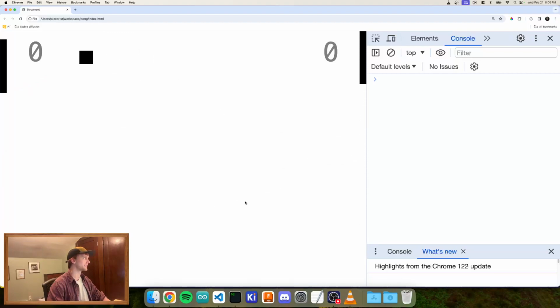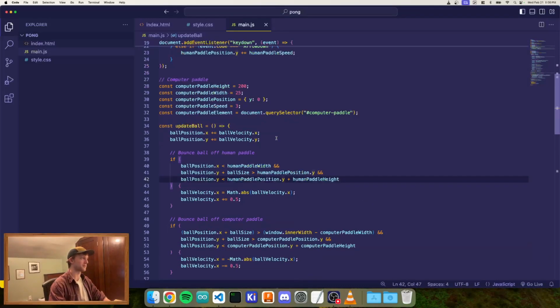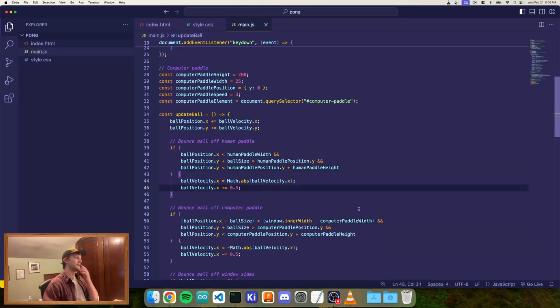We'll see. Can we beat this computer? We might need that y velocity to bump up, because otherwise it's not any more difficult for the computer to hit it, because it's just, oh crap. Okay, computer's racking up points on me. Okay, let's... that was actually pretty fun, but let's try to make it so that